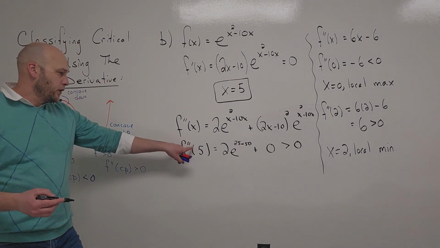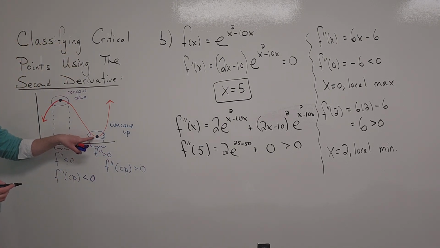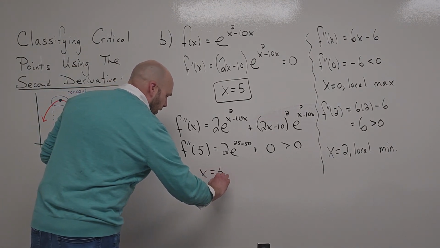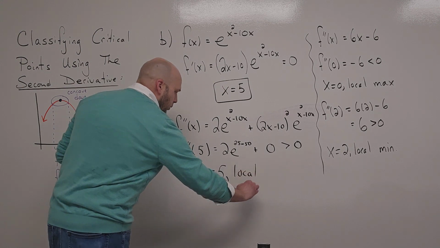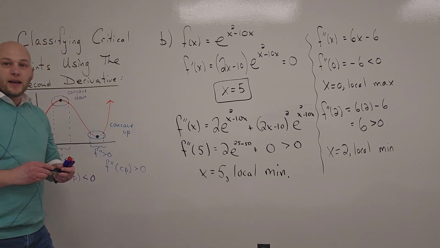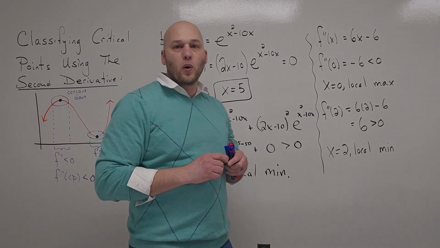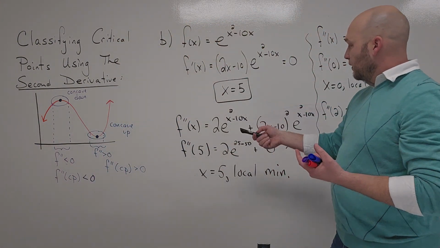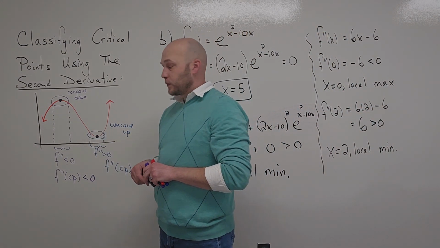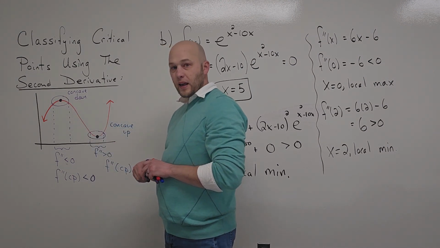And if the second derivative is positive, that means the graph is concave up, meaning I have a local minimum. And finally, we can say x equal to 5 is a local min. So again, that's how you classify critical points as local maximums or minimums, by simply evaluating the second derivative and remembering which way the concavity goes. Okay? Negative concavity is it's curving downwards, positive concavity is it's curving